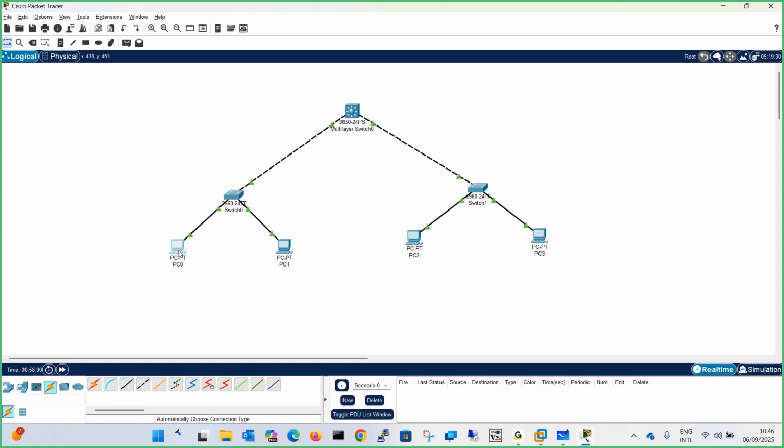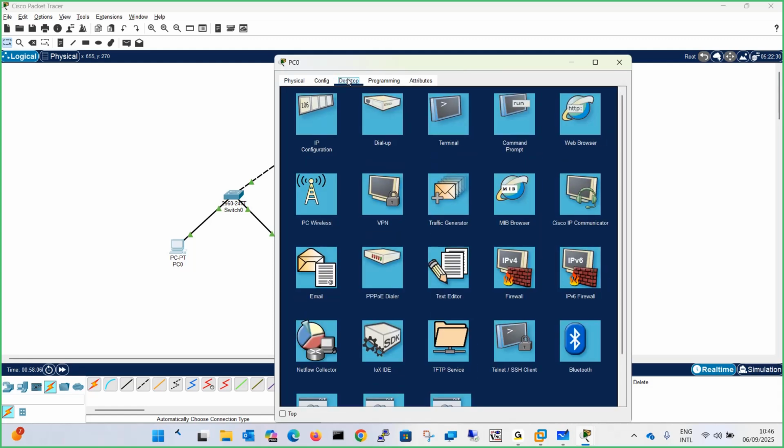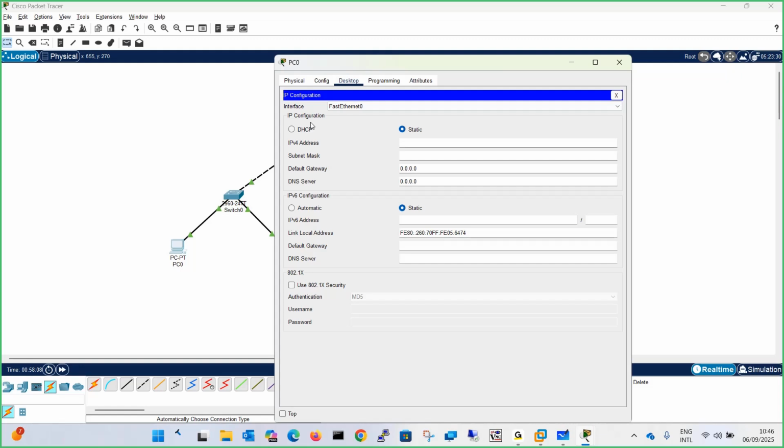Open this PC, click on Desktop and click on IP Configuration. We will be using a static IP address over here, and let's say 192.168.10.10, the same network IP. Subnet mask is going to be 255.255.255.0, and for the default gateway we are going to configure the VLAN interface IP, the SVI IP address, which is